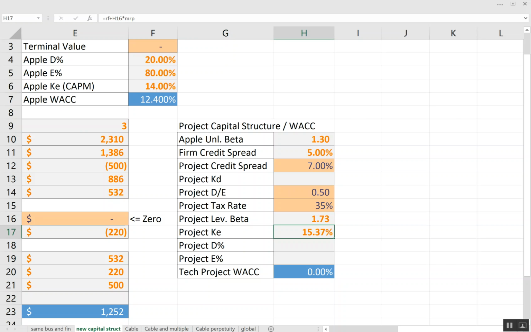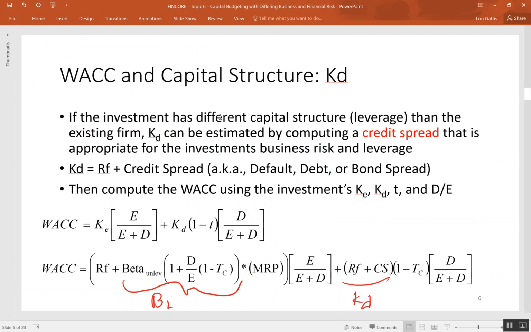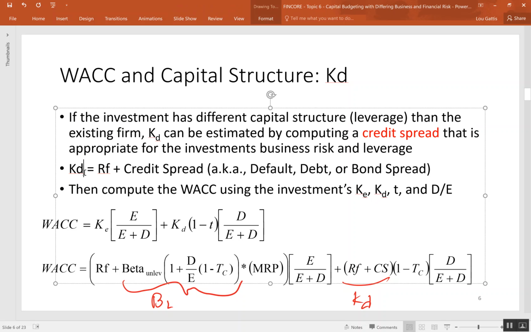Now the question is, what is the cost of debt? Well, if the new investment is going to have more debt than the firm, than Apple, the firm, you would expect that when you go to borrow money from a bank or issue a bond, investors will demand a higher return. And one way of thinking about that is all cost of debt, or KD, has to